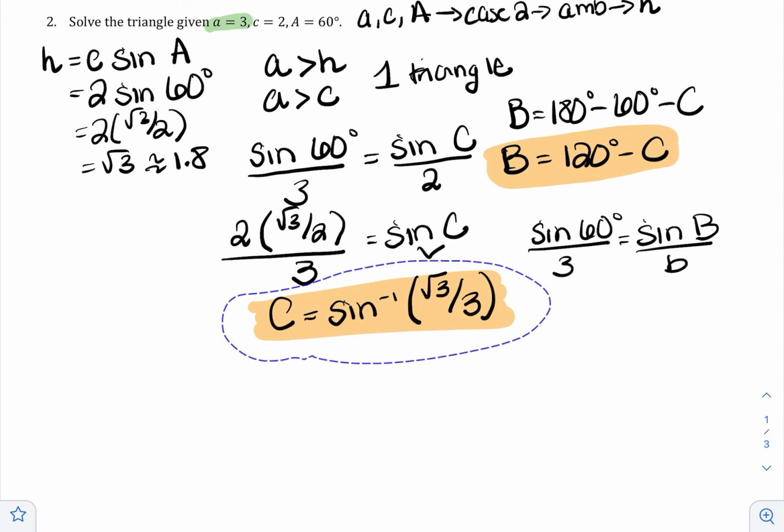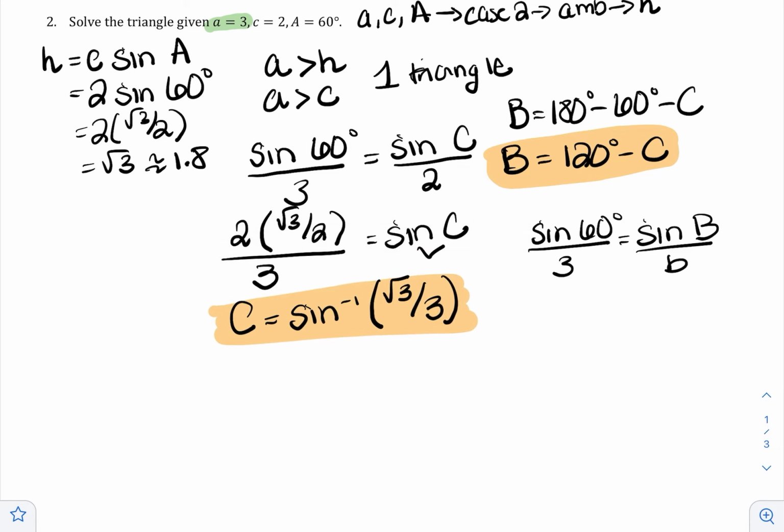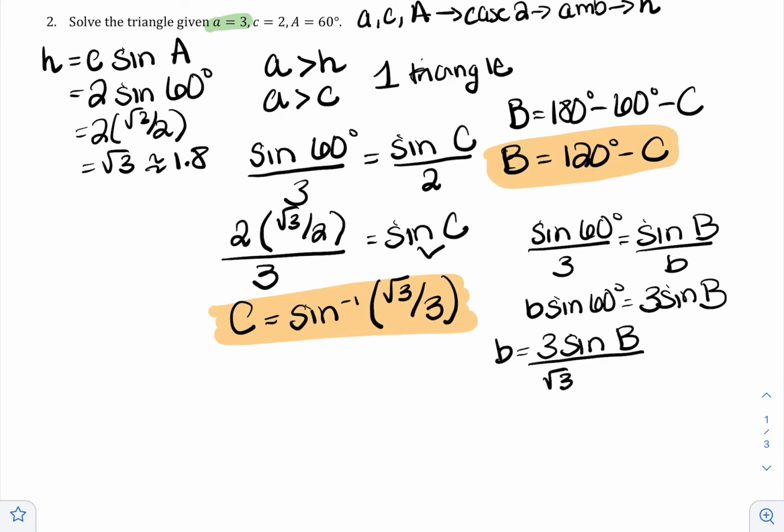So what I'm going to do is I'm going to cross multiply. So I'm going to have b sine of 60 is equal to 3 sine of B. And then I'm going to divide by sine of 60 degrees. But I can simplify that because the sine of 60 is radical 3 over 2. And instead of dividing by radical 3 over 2, I'm going to multiply by 2 over the square root of